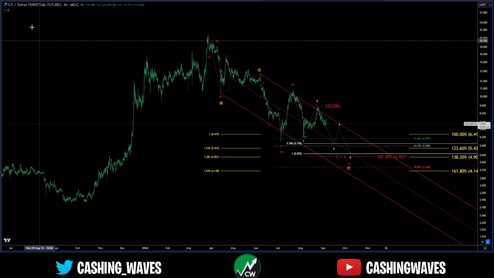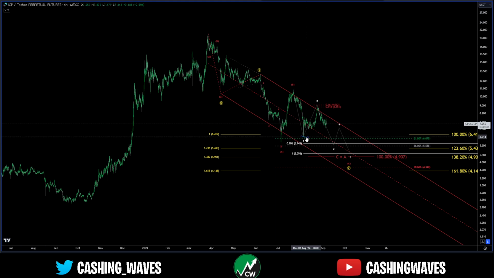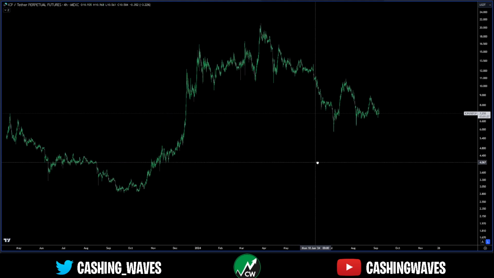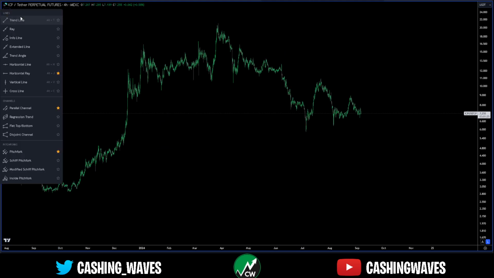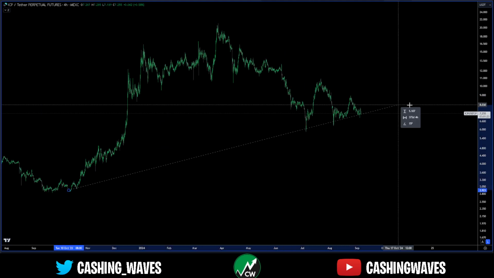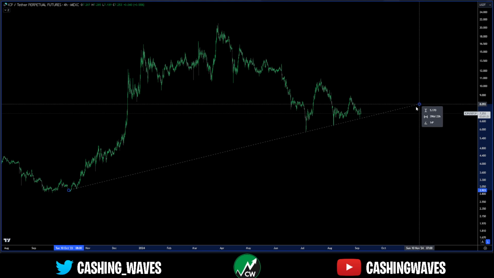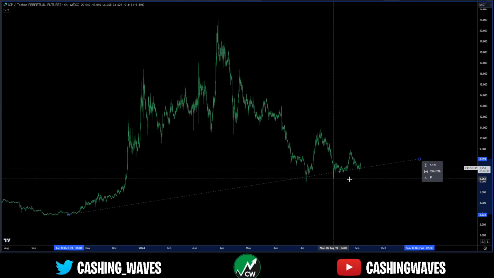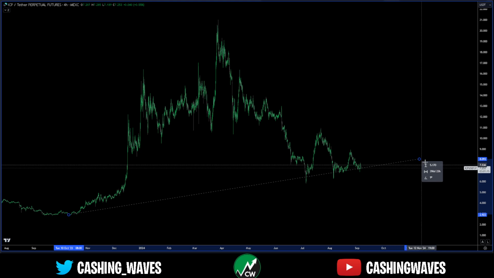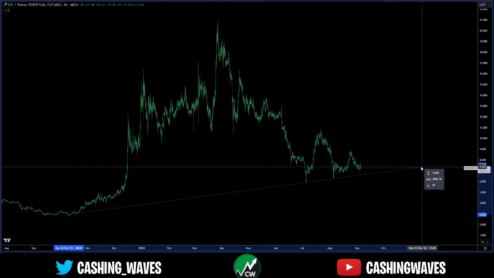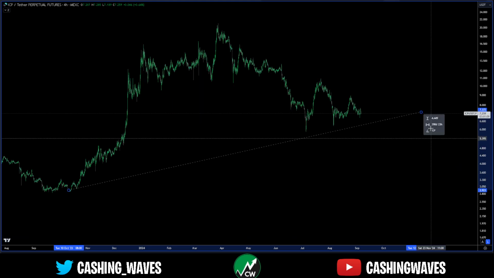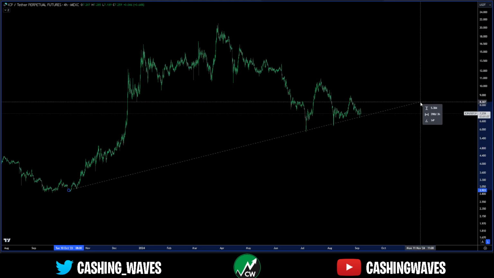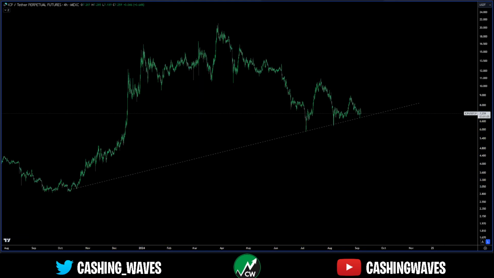And if I get rid of this stuff, I just want to show you how weak this is holding up. You can see, as soon as we break this trend line here, it's pretty much over for the low to be in. Go on log scale for that. Log or linear, but you see what I'm talking about, guys.